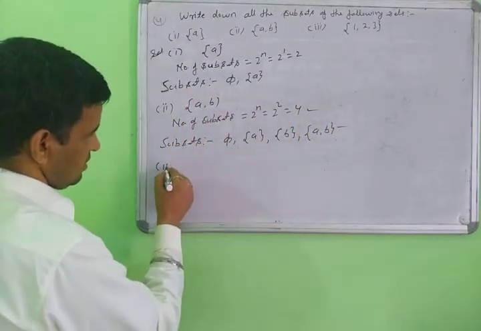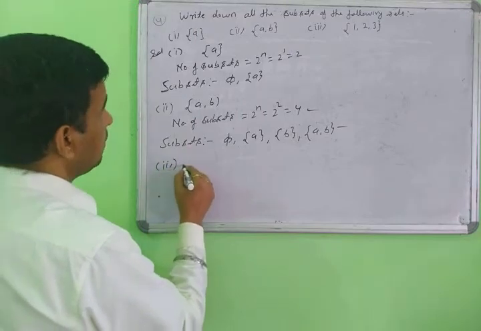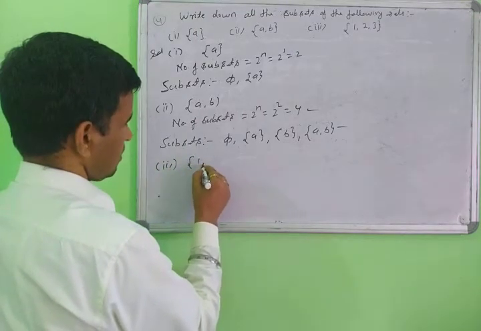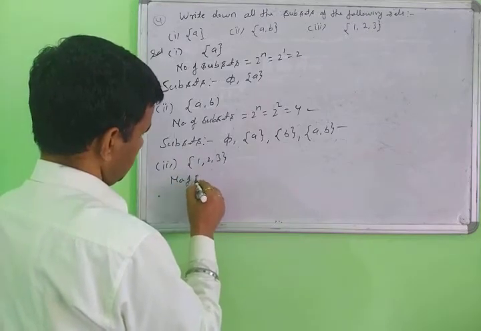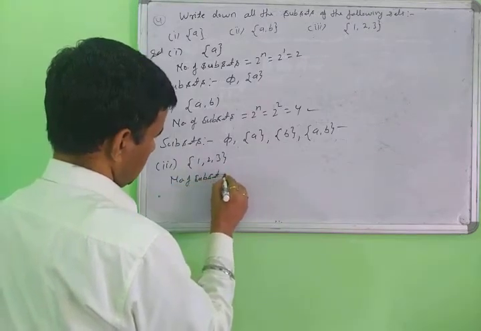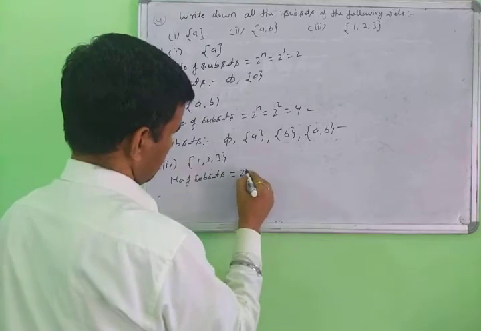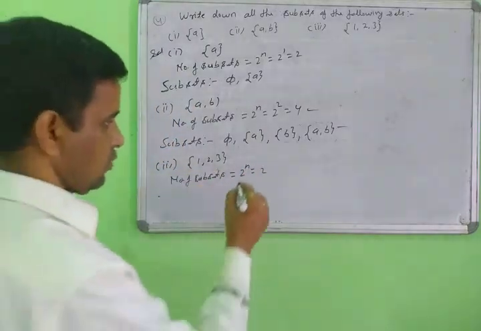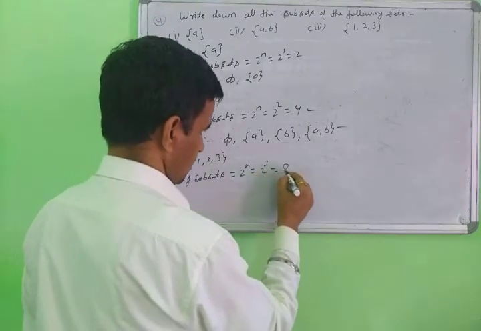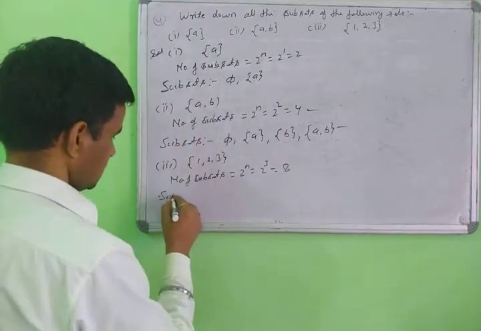Third part. The set here is 1, 2, 3. The number of subsets is equal to 2 exponent n. How many elements here? 1, 2, 3. Count here, 2 exponent 3 is equal to 8. The subsets